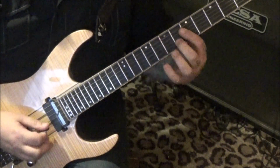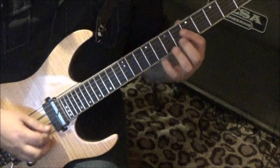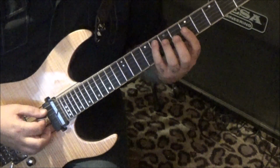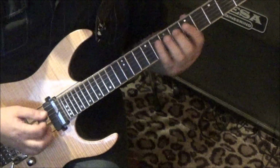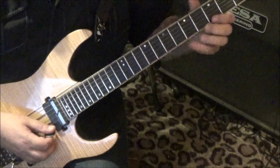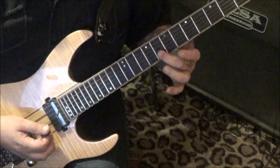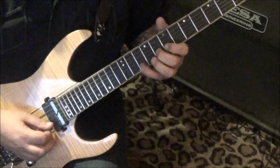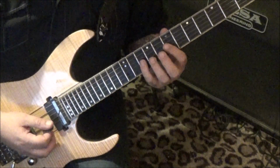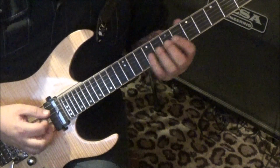So, and then 7 on the E, hammer 8, pull 7. Oops. To 10B, to 8B. And then on the G, 10, 9, 7 vibrato. So,